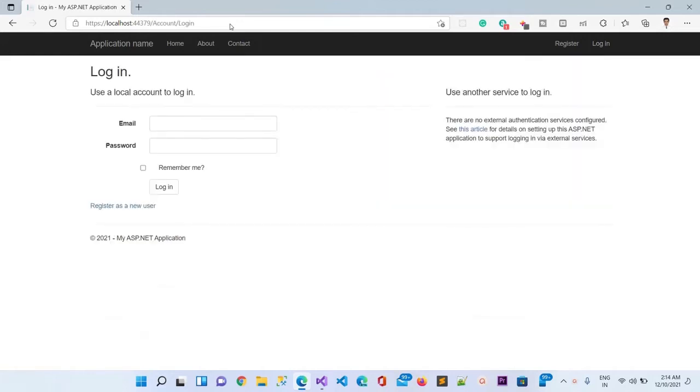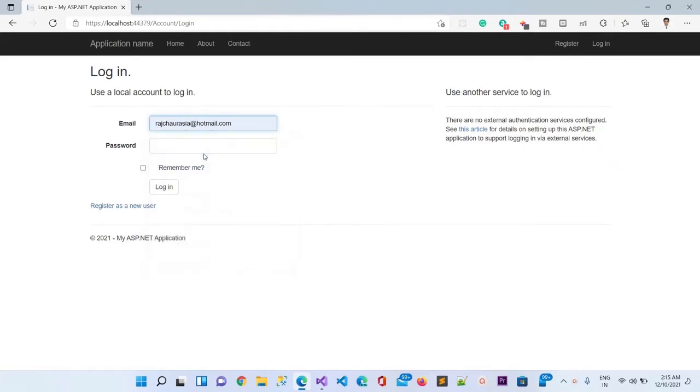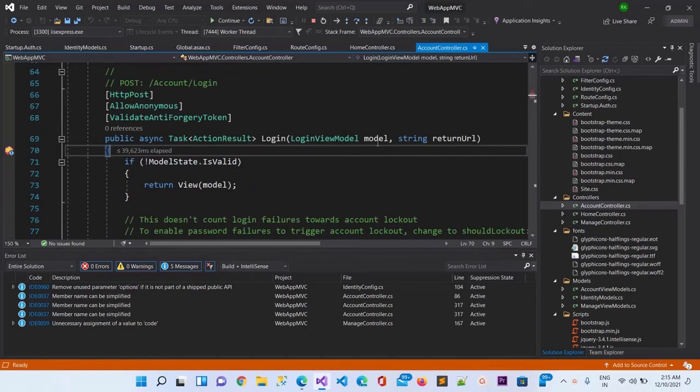And here you can see this is the login screen, and right now we don't have any account. Once I click on login, it will reach here in the post login action method.